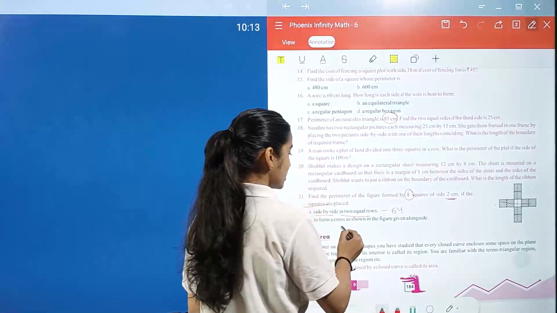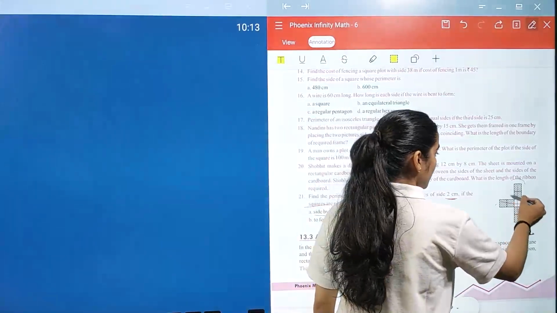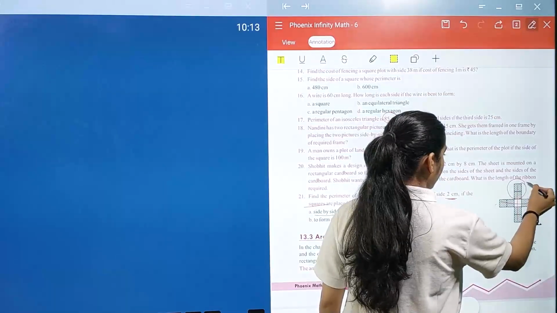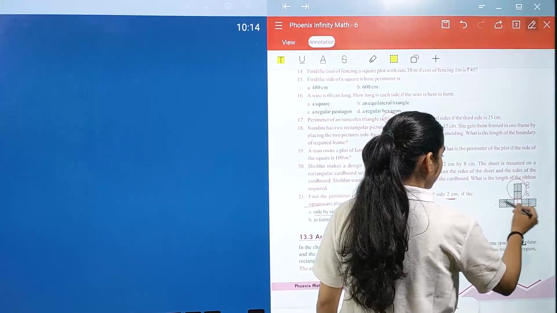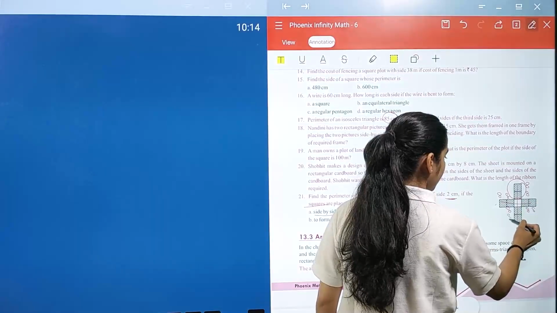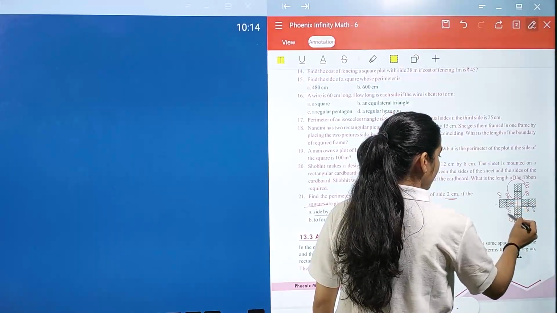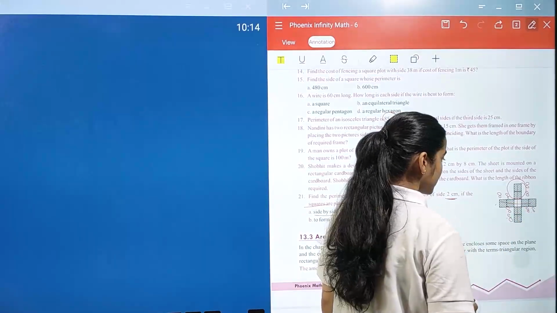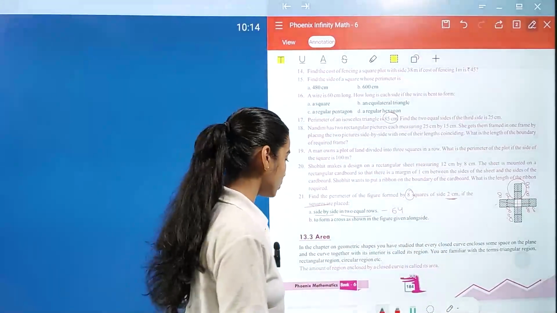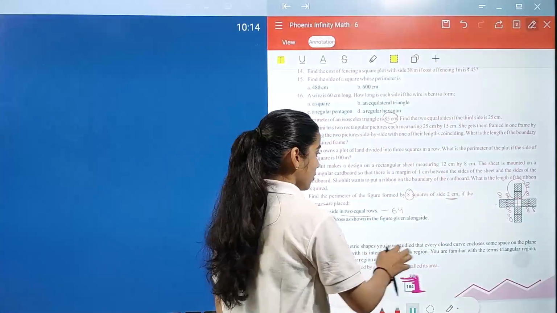Next, to form a cross in this section, you have two squares there. So 2 multiplied by 4, 8 plus 8. 1, 2, 3, 4, 5, 6, 7, 8. 8 times 8 is 64. You get the same answer because one square is overlapping in both. So your answer is 64.